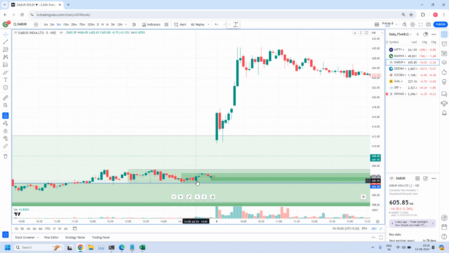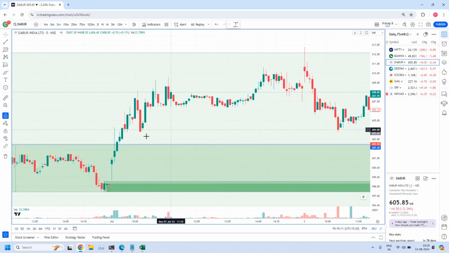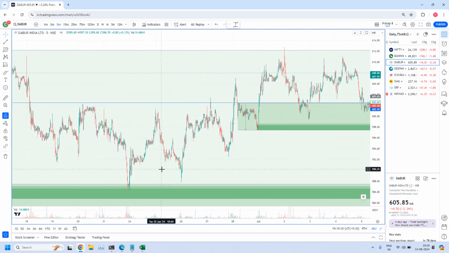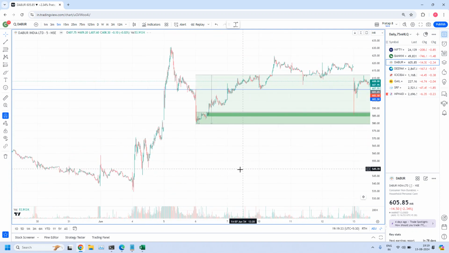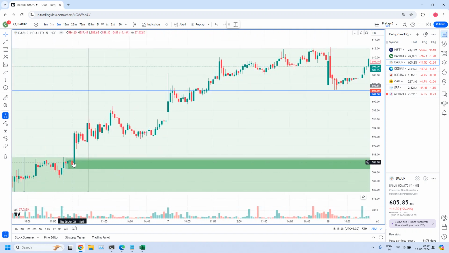So here again we have a rally candle, 1, 2, 3, 4, 5, 6 base candles, and again a rally candle. And again you have, this is a leg-in rally, two base candles and a rally, and if you add the hidden body, this is a rally candle. And then again we identified another fine tuned zone here, rally, four base candles and a rally.